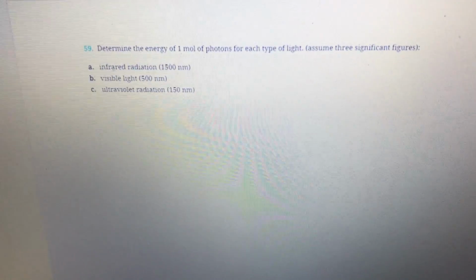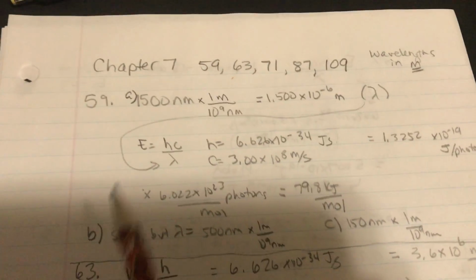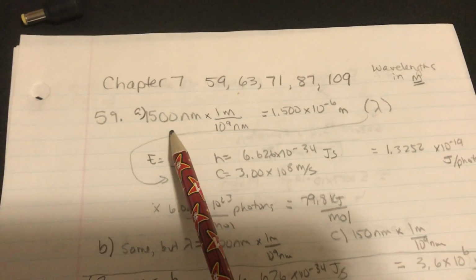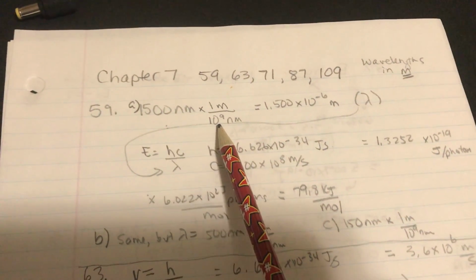All right, so this is question 59. Determine the energy of 1 mole of photons for each type of light. So I'm just going to come over here to my work. The first thing that I wanted to do was take the wavelength in nanometers and switch it using the conversion